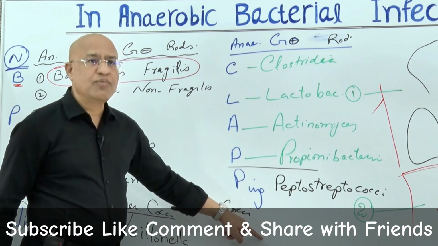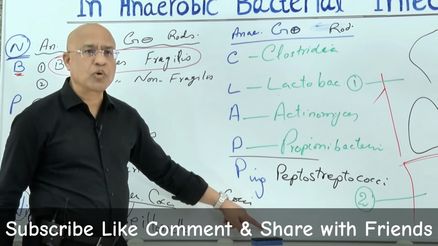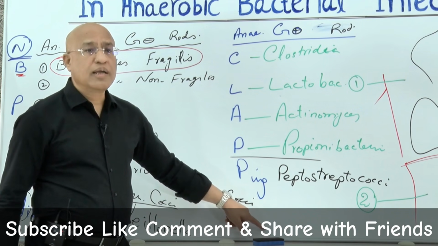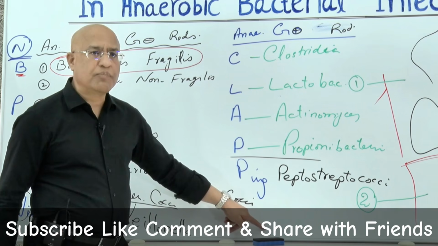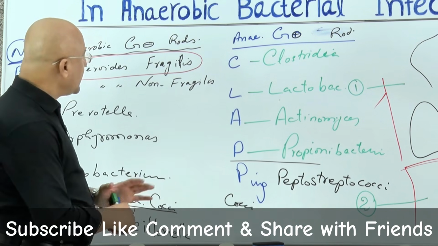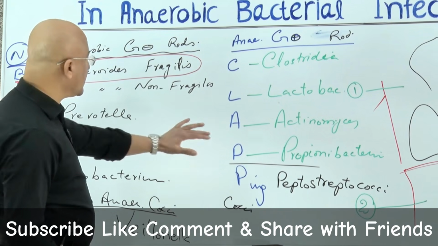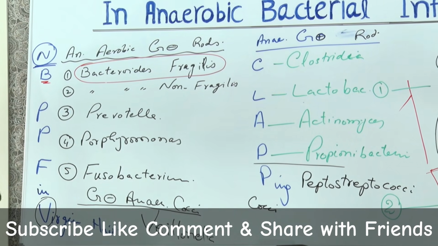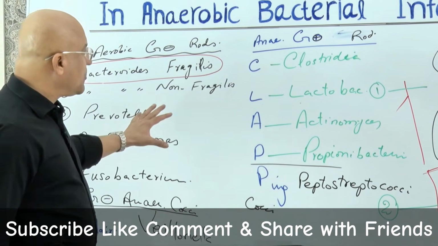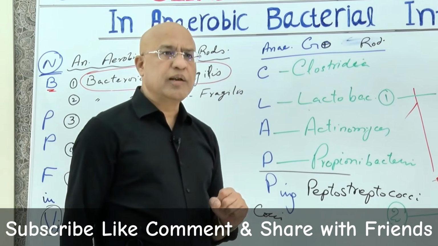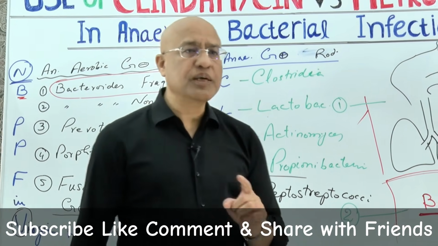And then there are facultative anaerobic streptococci like Streptococcus pyogenes, which can grow and multiply in an anaerobic environment as well as an aerobic environment. Now, these are the most important anaerobic organisms you should know. Why is it so important that I have discussed all these organisms? The reason being that most of the anaerobic infections are